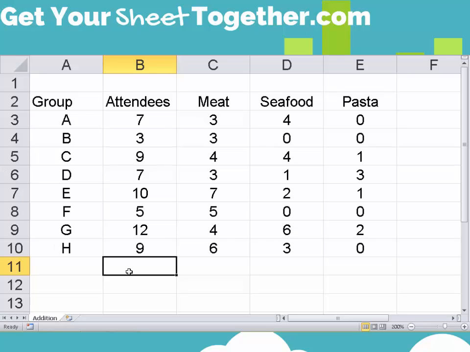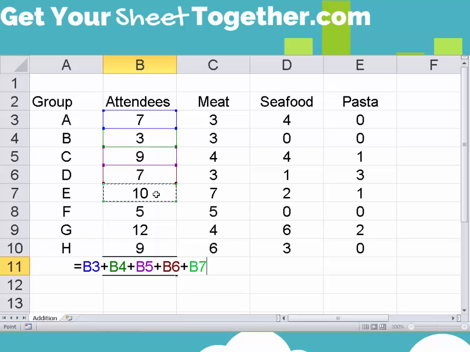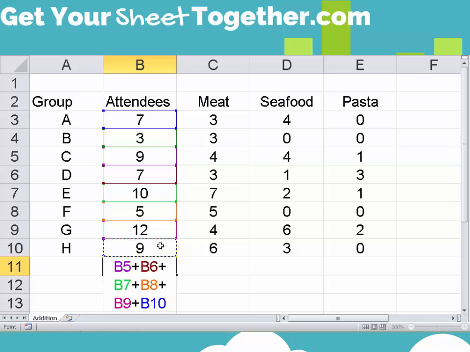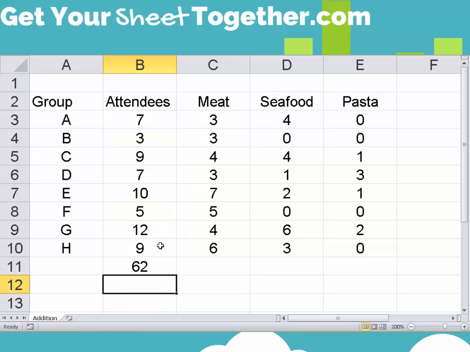And the first thing you're going to want to do is add in an equal sign. The most simple way for us to go about adding is simply by selecting the cell you want to add, selecting the plus symbol, and then select the next item in the list, plus, and then repeat the process over and over again until you get all of the content in the cells you want to add. So for here, again, we've got 8 different cells you want to add, and then to finalize the formula, you're just going to hit enter. And so in this case, we've got 62 attendees from our 8 delegations that are going to be attending our